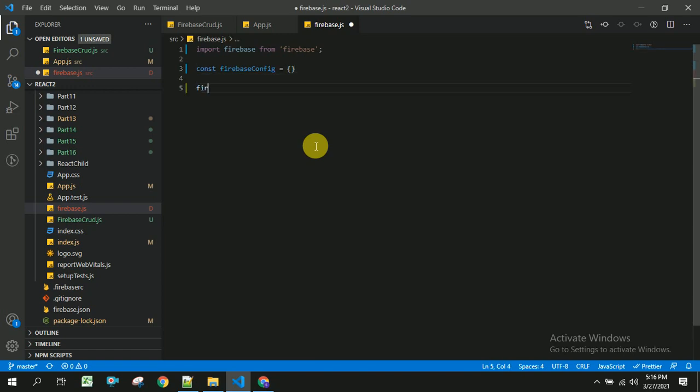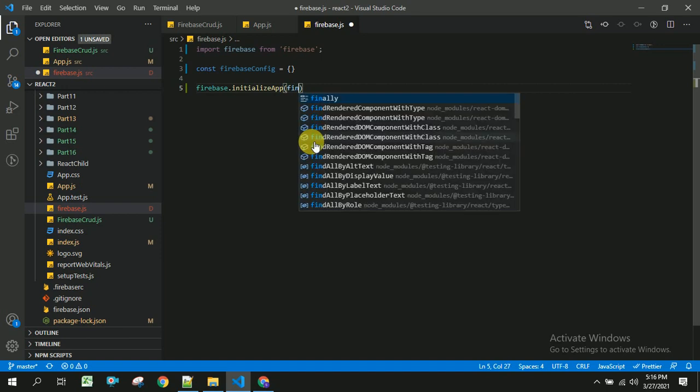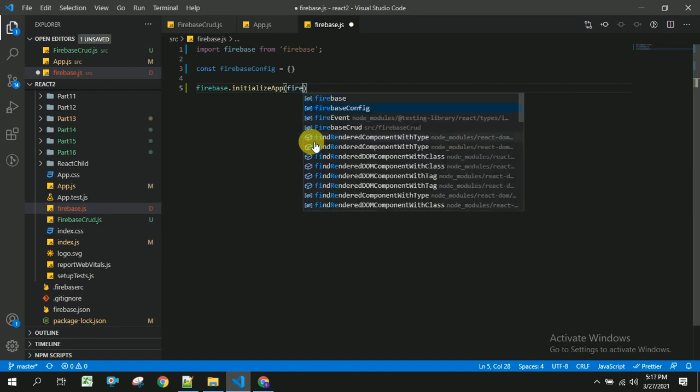And the next thing is initializing the app, firebase.initializeApp. So we have to provide this Firebase config in order to initialize this.